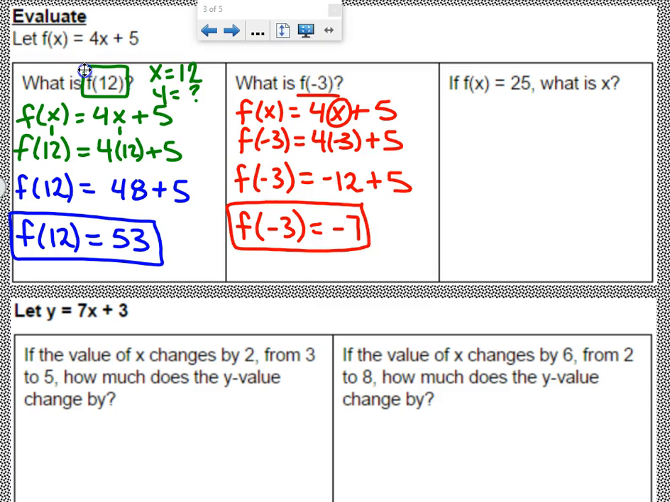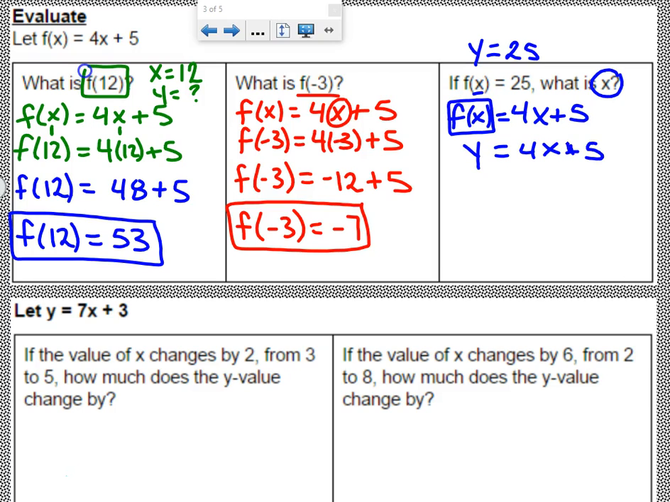Last example, now this is the backwards one. If f of x equals 25, what is x? We do not know x. We know f of x, which, remember, is the same thing as y. We know that y equals 25. So if we rewrite f of x equals 4x plus 5, f of x is the same thing as y. So I say y equals 4x plus 5. I know that y equals 25, so I substitute y as 25 equals 4x plus 5,